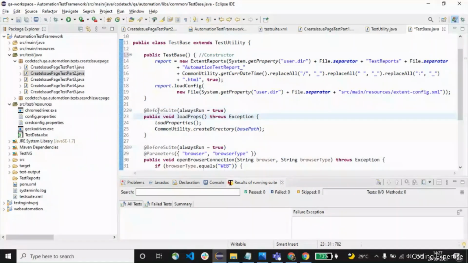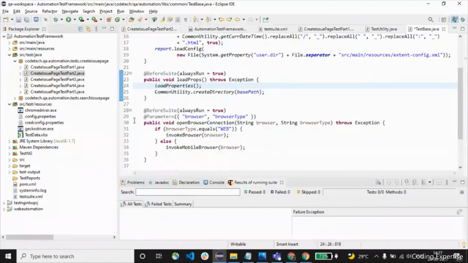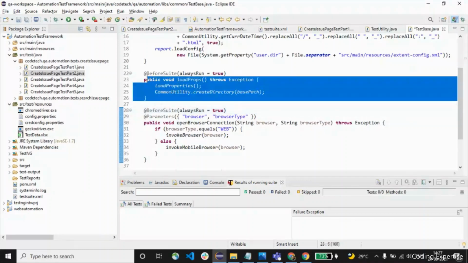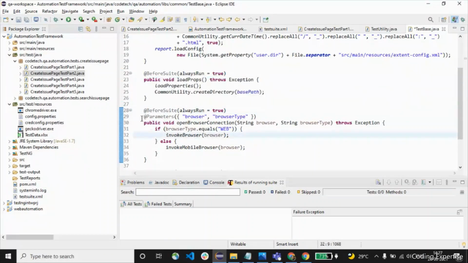So this is the method which gets executed before all the tests are run. We have written two different before suite methods. This one is for loading the property, and this one is to invoke the browser. That's it. And if you see always run equal to true, if I mention this line, it will always get executed. That is why we have used that.